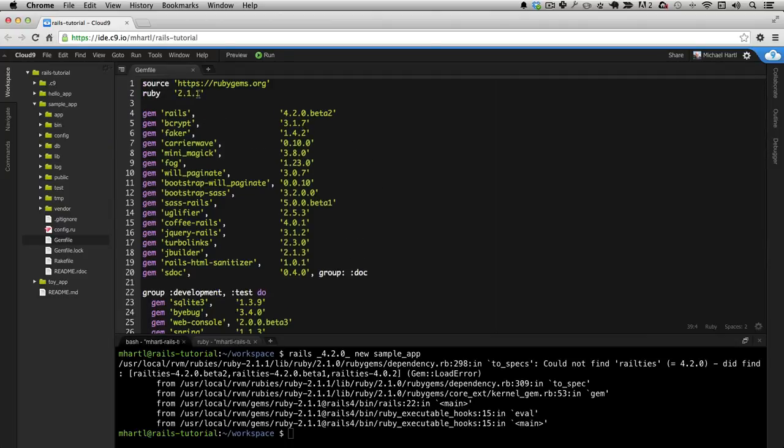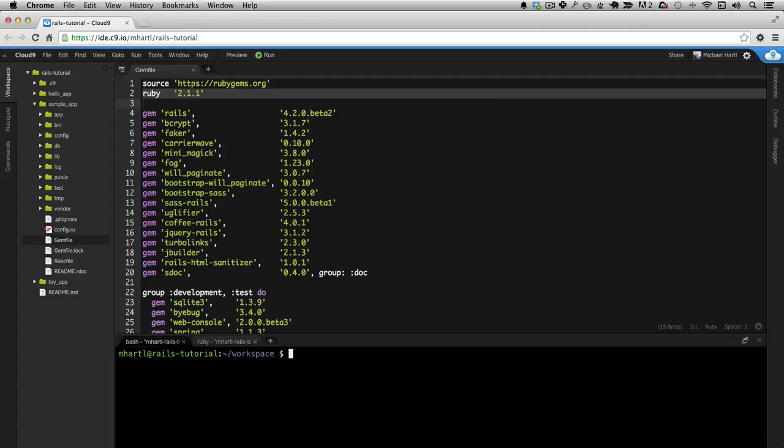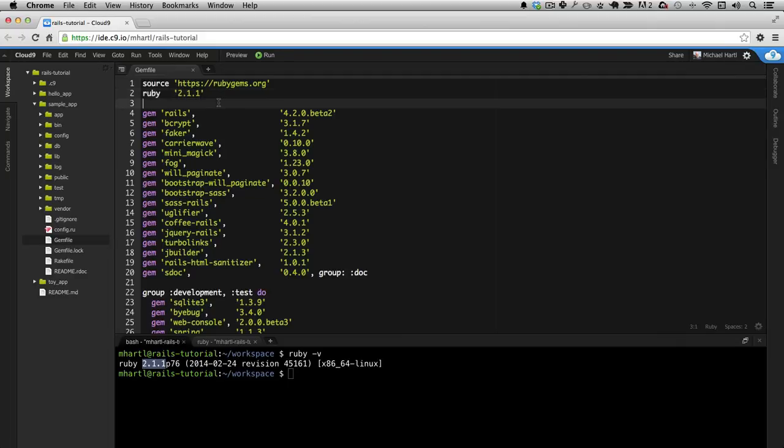One thing worth noting is that there's actually a Ruby version right here. This might not work on your system. This has to match the Ruby version on your system. And the way you can check that is with ruby -v for the version. So this number here should match this number here. That's the one thing you might have to edit, because I can't predict what version of Ruby you might have. But once you've